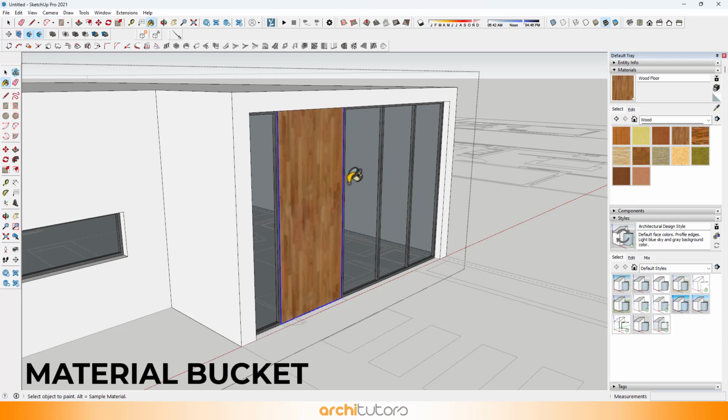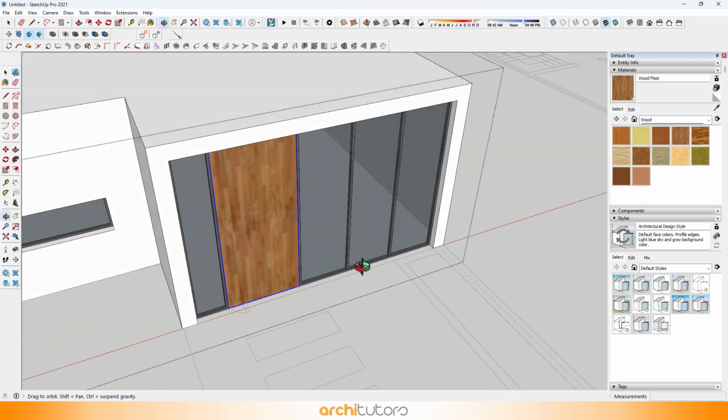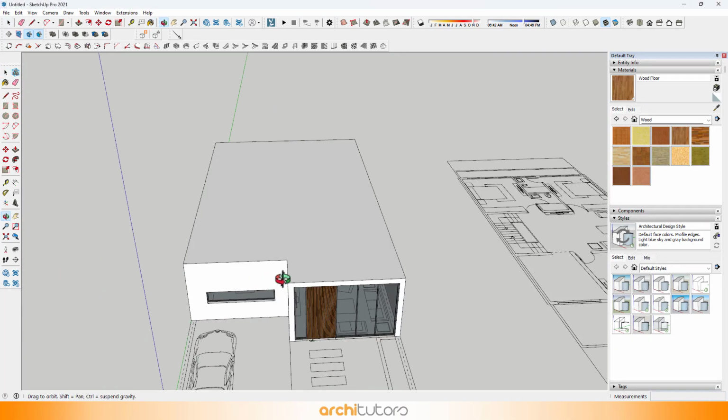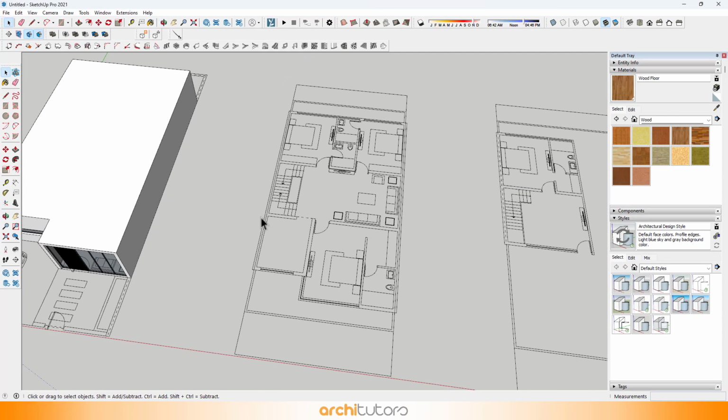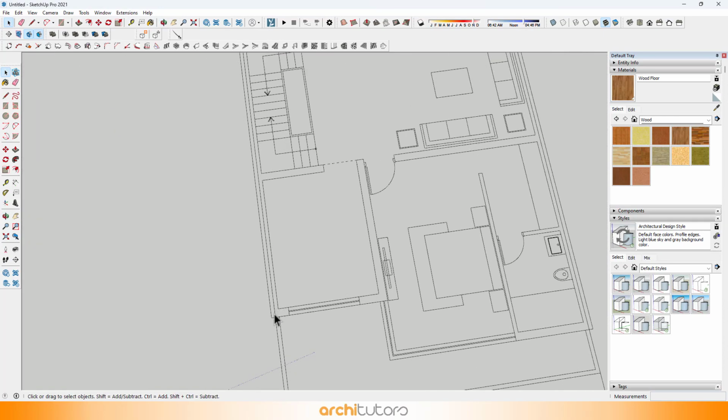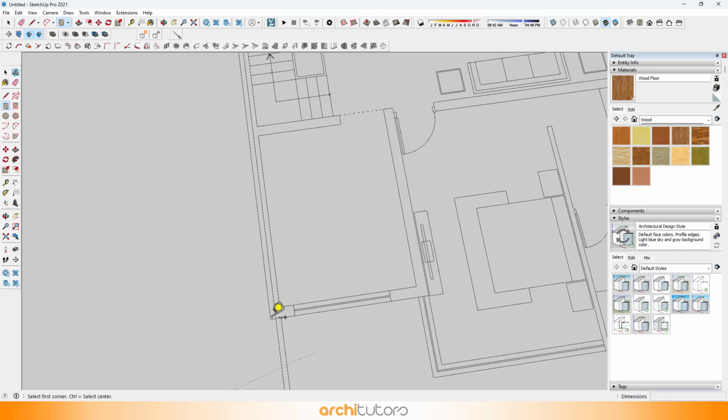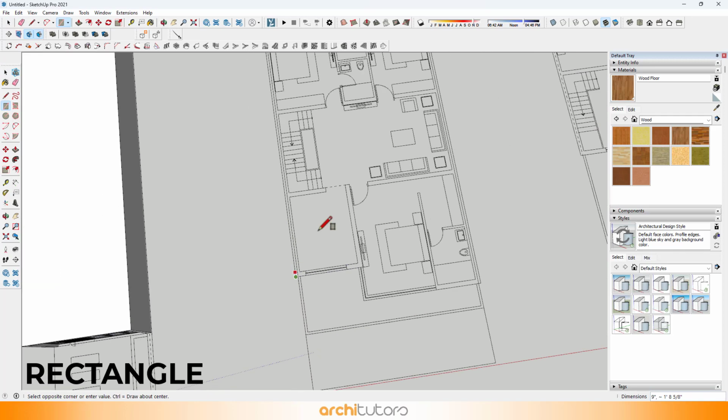For the door surface we can provide a wooden material. Now, let's work on the first floor. I'll create a rectangle to have the floor surface.